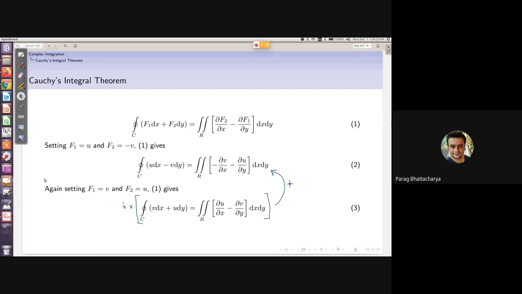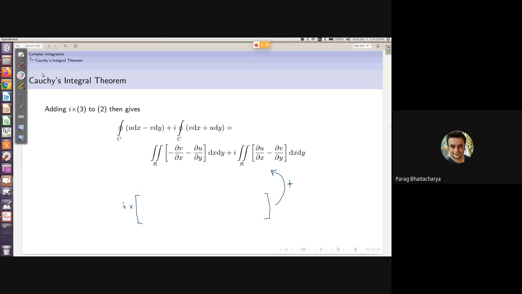So in that case, when we do that, we have u dx minus v dy plus i v dx plus i u dy on the left hand side. And on the right hand side, we'll have i into dou u by dou x added here, and i minus i into dou v by dou y added over here. When we do that, this is what we get. So we have on the left hand side u dx minus v dy plus i into this, which is from equation number 3 multiplied with i. The right hand side is the right hand side of equation number 2, and this is the right hand side of equation number 3 multiplied with i.